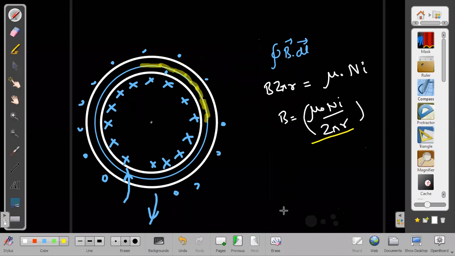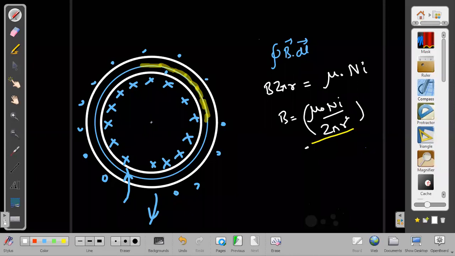This is the same thing, but I should not write it as mu naught into small n I, although you can say it is also the number of turns per unit length. If we do that, it will not be wrong, but you may have chances of forgetting that small n is not a constant quantity here, but a variable quantity. It depends on r. Although it is also right, it will make a difference in our perception. We may end up feeling that this small n is a constant quantity. So therefore, I will prefer to write it as mu naught into capital N into I upon 2 pi r. That is how it is written in the books as well. So we will remember this for the toroid.